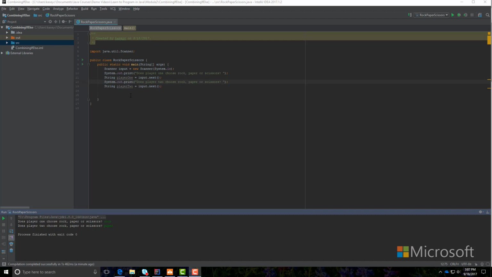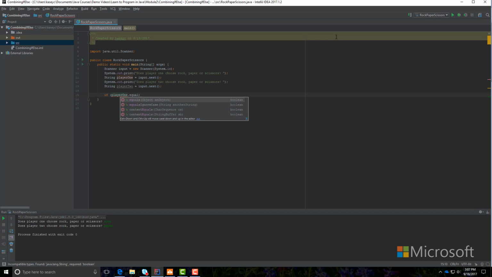So let's start by building some basic if-else structure. And we're going to want to evaluate first what player 1 has selected, and then second what player 2 has selected. So let's start with an if-else structure that checks the three different cases that player 1 could choose. So if player 1 chooses, let's say, rock,